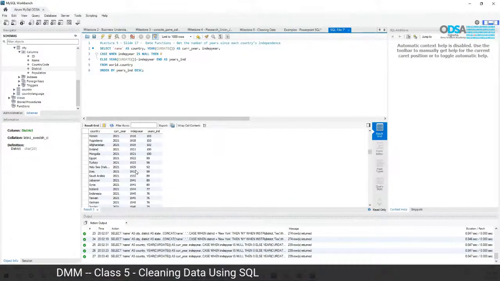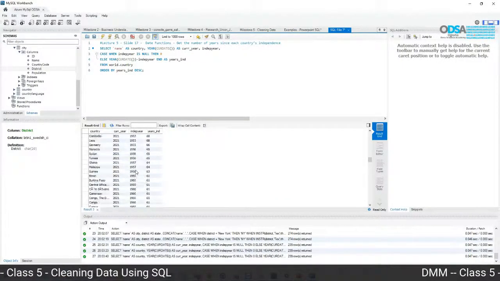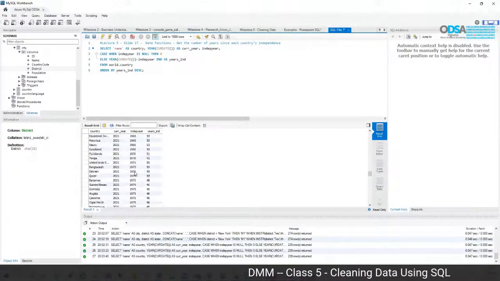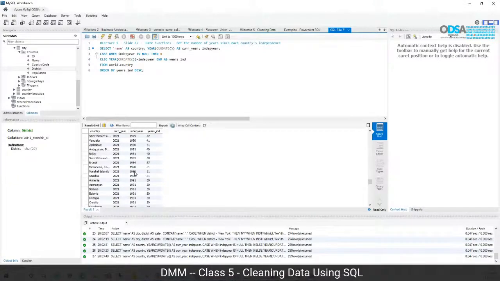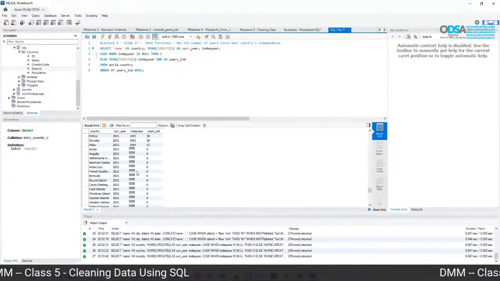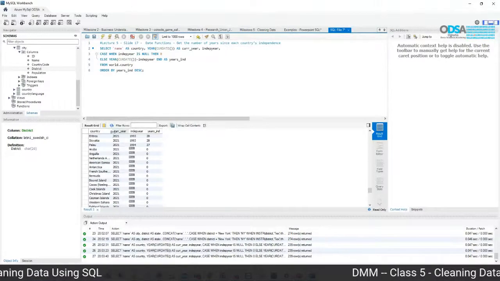You go through it, it's kind of interesting. I guess a lot of these countries were occupied by other countries at some point in time. It's probably why. With the most recent being the Netherlands,